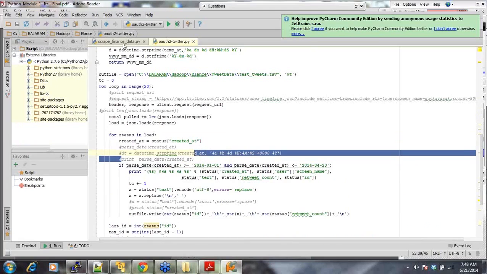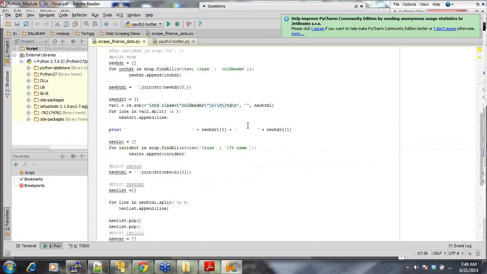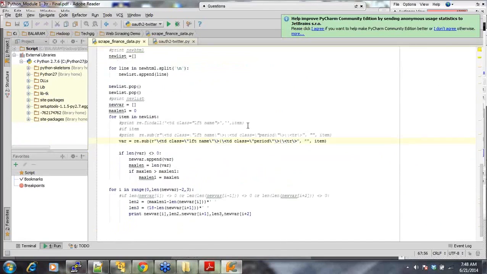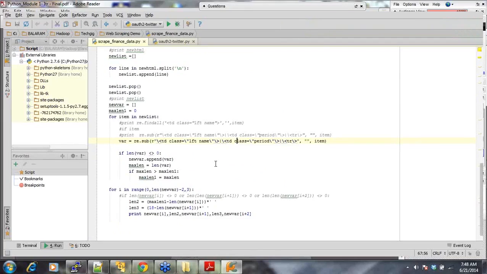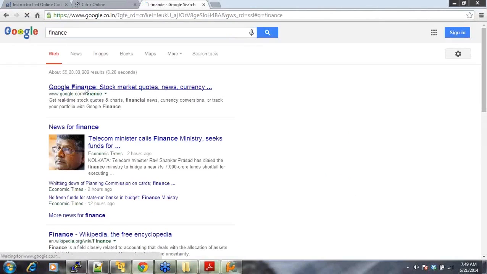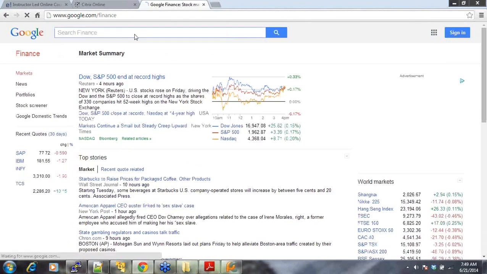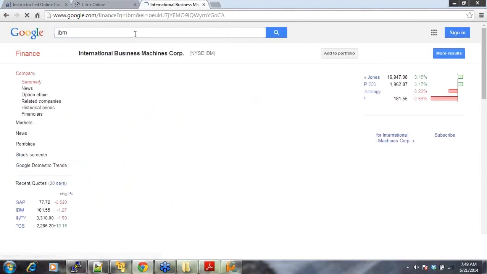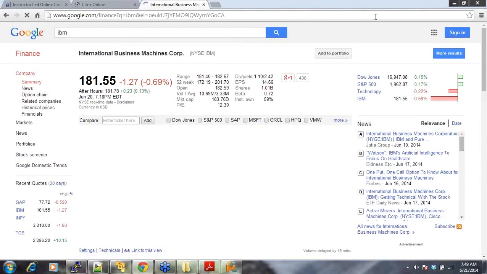But let's see. Okay, this is another piece of code. What this does is, I wrote this code in order to scrape data off a website. Just go to any of these websites, let's say, for example, google.com, and then I say finance, Google Finance. Let me go here. Now I do IBM, right? See, if you go here,